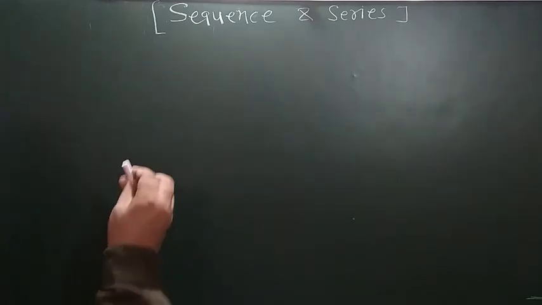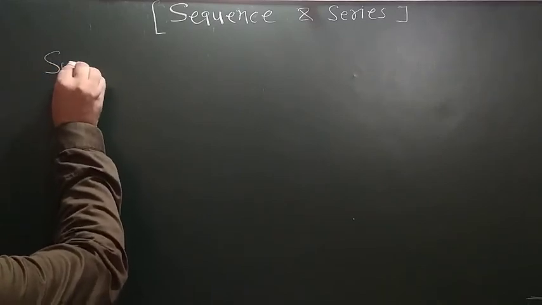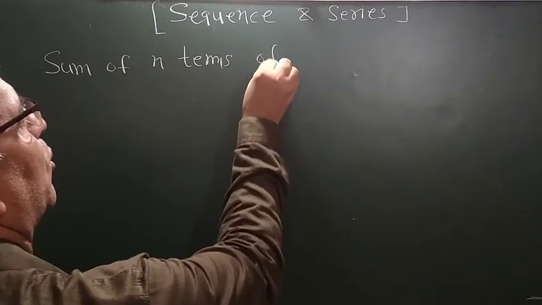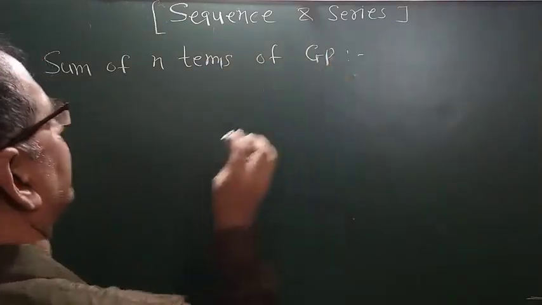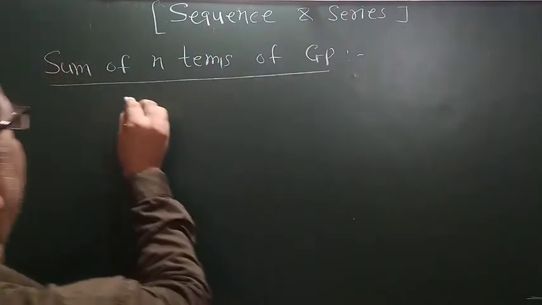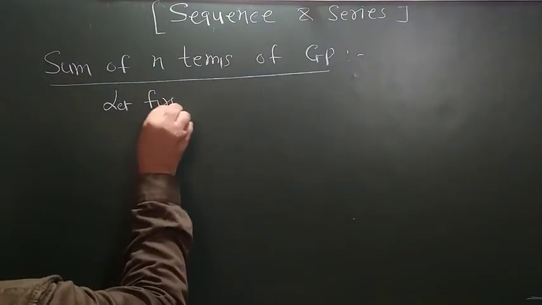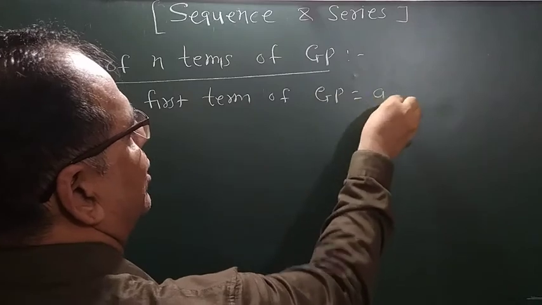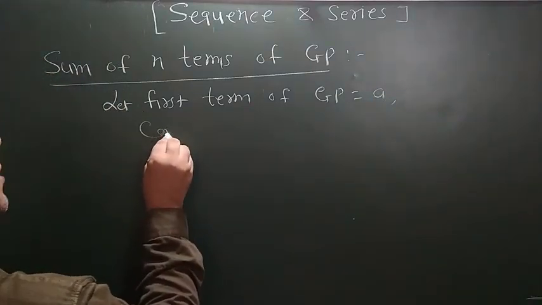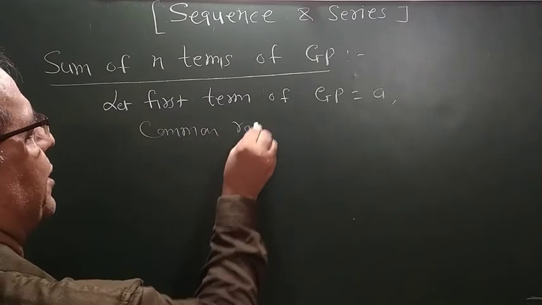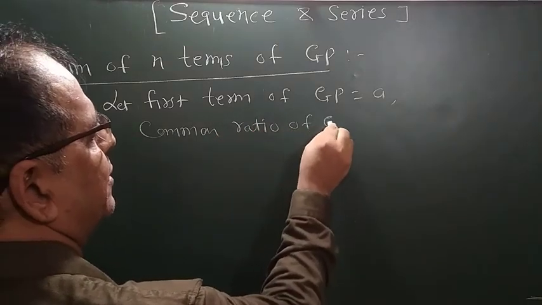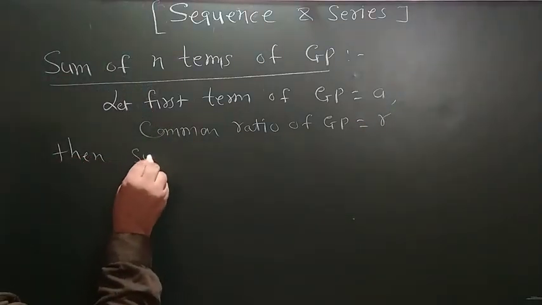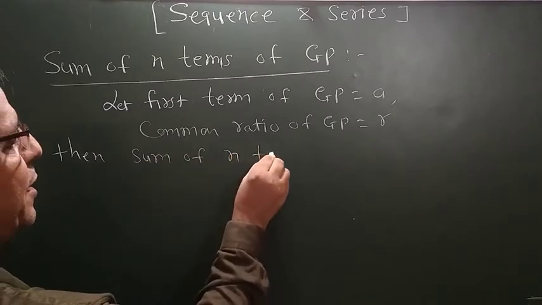So now we start with the sum of n terms of a GP. Let the first term of the GP be A. The common ratio of the GP is R. Then the sum of n terms